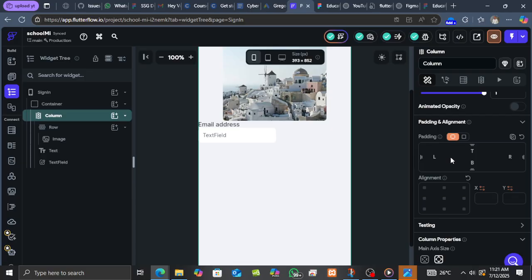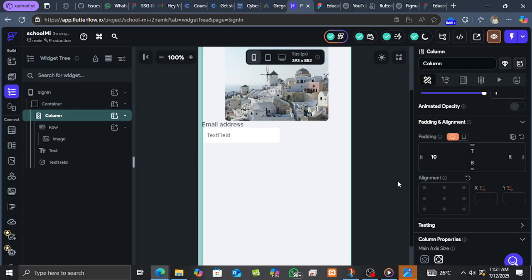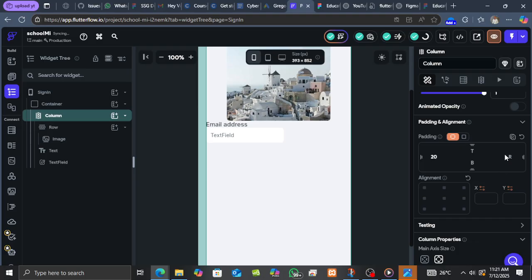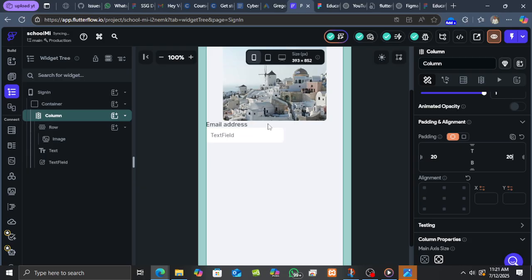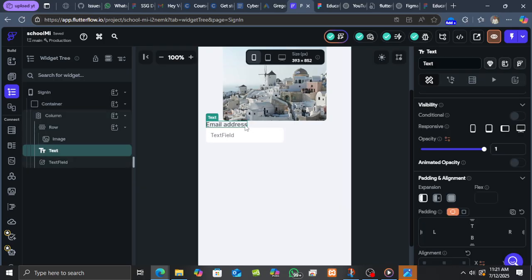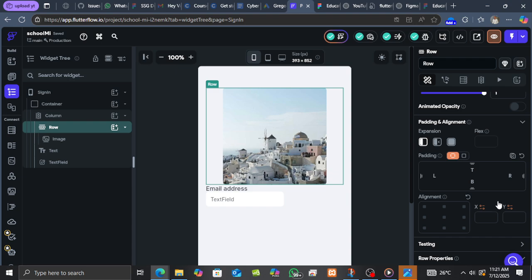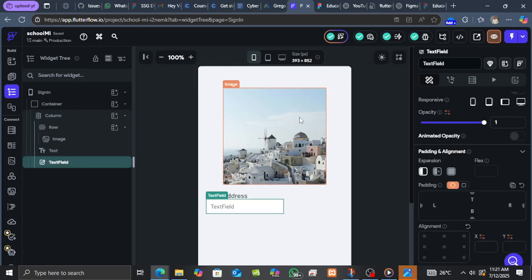We can give it 10. I said 20 and 20 here. Alright. Then the row, give it below 20. Then for the text area,